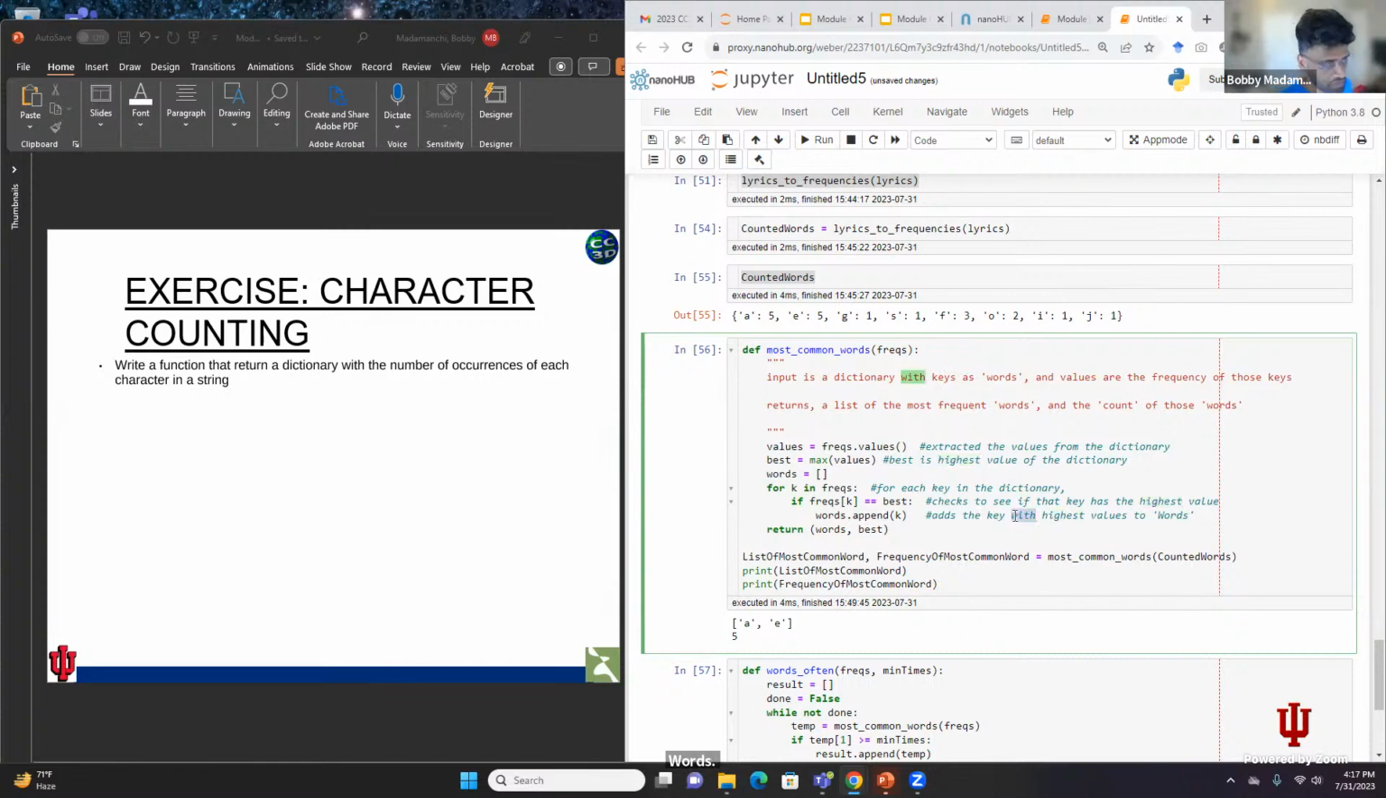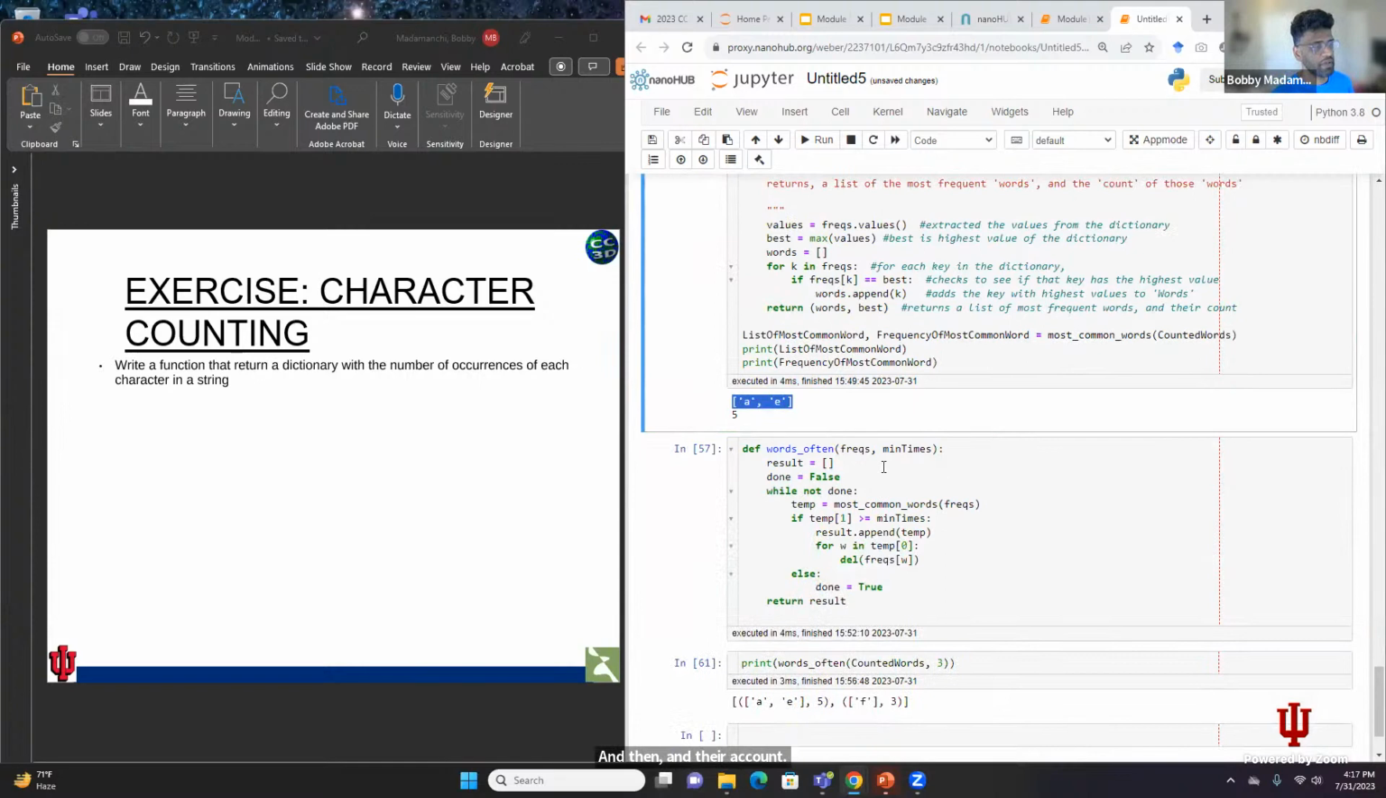And technically, this is the key with the value equal to the highest values, because it can be more than one. And then it returns a list of most frequent words and a value and their count. So it returned that and that. Now,